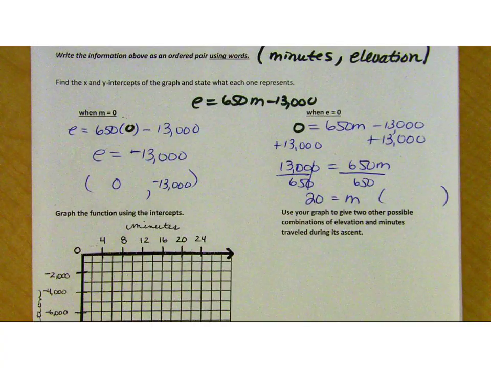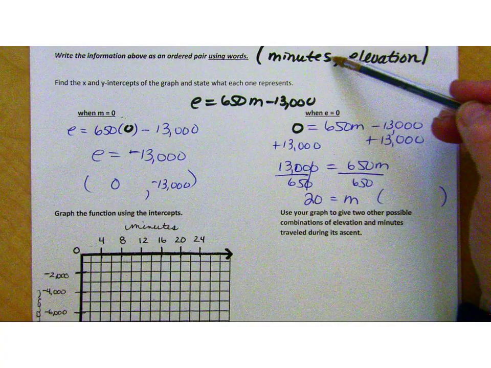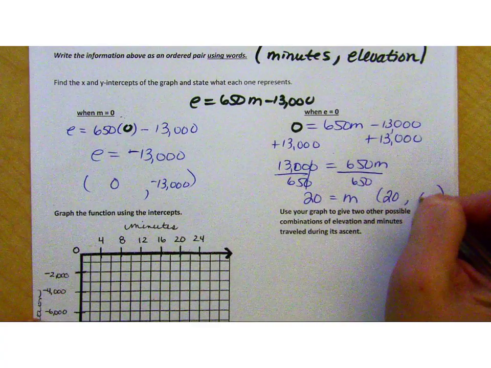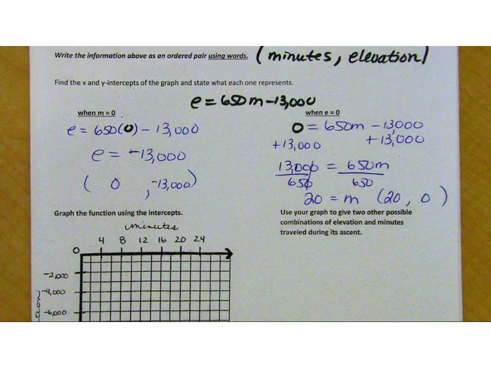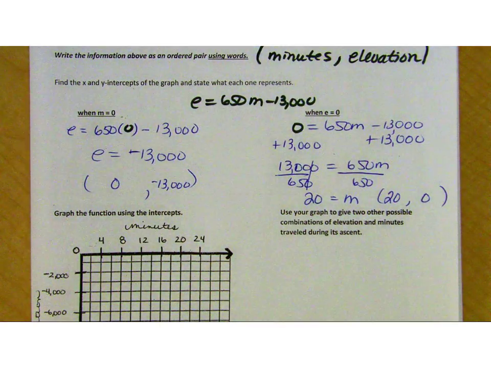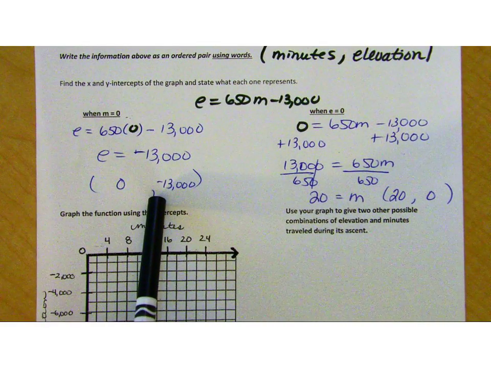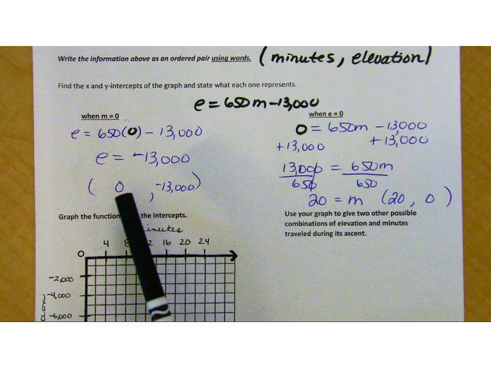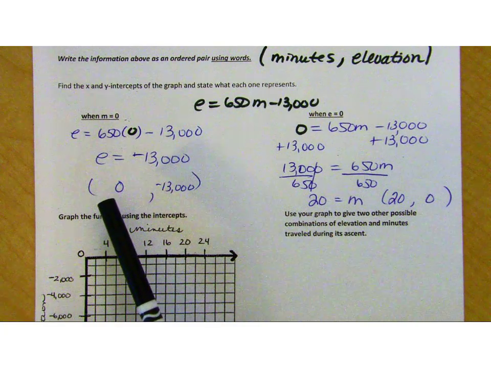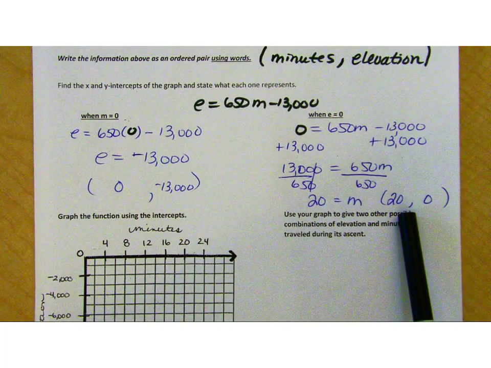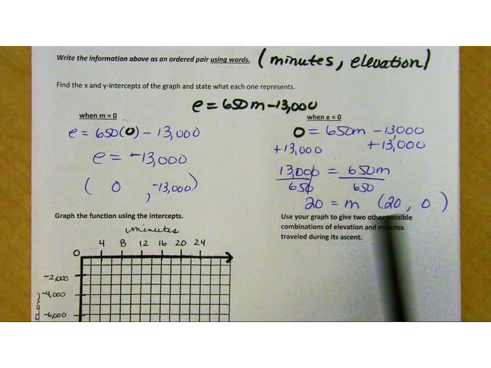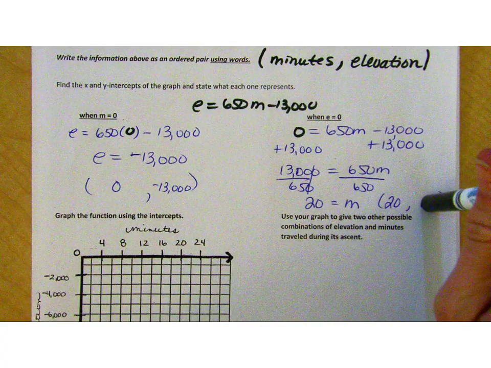And now, are you ready for it? Before you even graph it, what do those intercepts mean? What are they standing for? What do they represent? I know you know what this one represents. That 0 minutes, meaning they're still on the ocean floor. They haven't started going up yet. They're still 13,000 feet below. But what does that mean? Shane? In 20 minutes they get back to sea. Yes, because he looked at the 0 in the elevation spot, which means, you ever see a submarine come up from underwater? Like, it has this buoyancy to it and it just kind of pops up. That means when the elevation of that